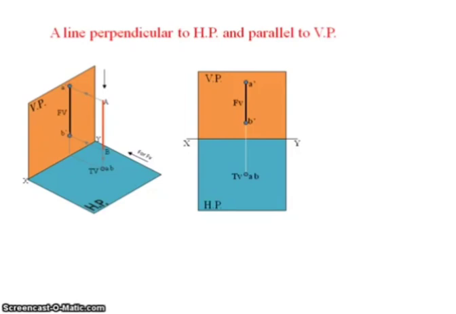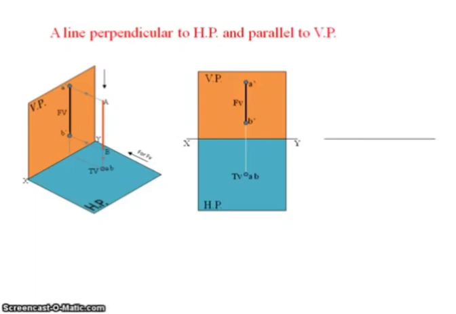Whatever I have represented, the isometric view and the orthographic views using the two principal planes, these two will be our imagination while drawing the required projections of straight lines. Okay, so by imagining the views like this, we have to draw the final views, that is front view and top view, for a given straight line.